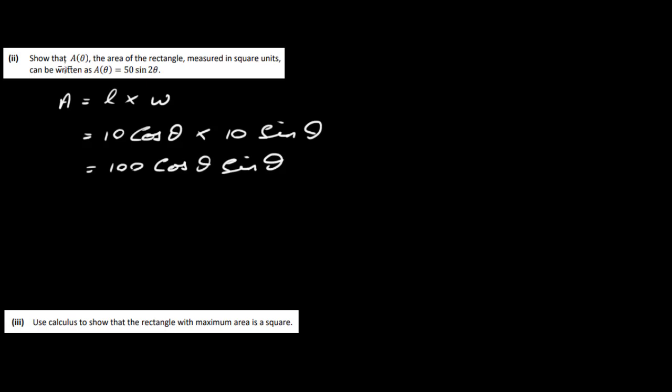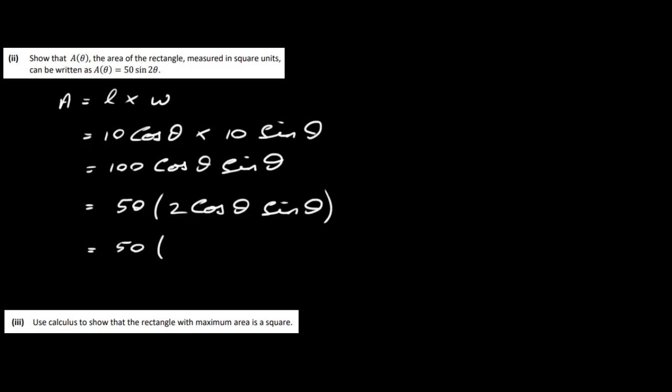Now we've got to write it like this. We want 50 in there somewhere, and we want sine 2 theta. This is going to be 50 times 2 cos theta sine theta. The reason I put the 2 in here is because I know from my trig identities in my maths tables that I can convert this. So let's do that. So we have 50,